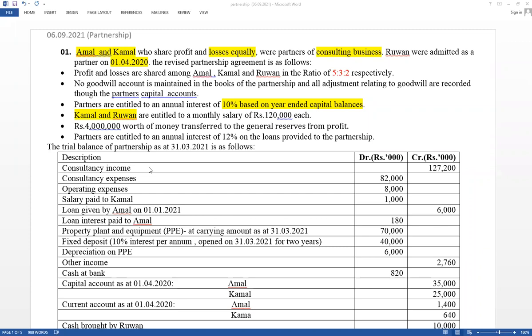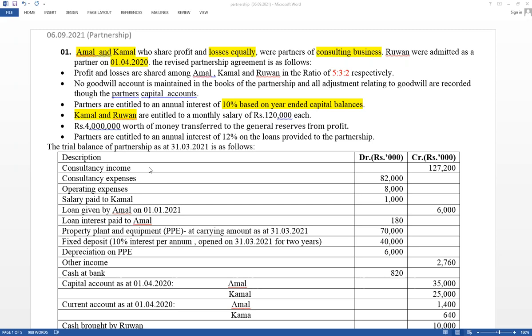Look, it is not sales. Sales available if it is trading business. Purchase available if it is trading business. Debtors and creditors available if it is trading business. But in this example, debtors, creditors, sales, purchase not available. Service business. Just think of firms of lawyers, engineers, doctors. Do they bring goods from somewhere and sell them? Look, they give a service.